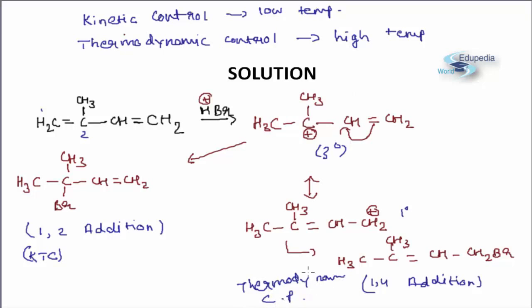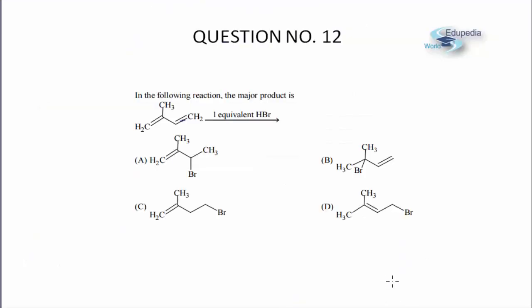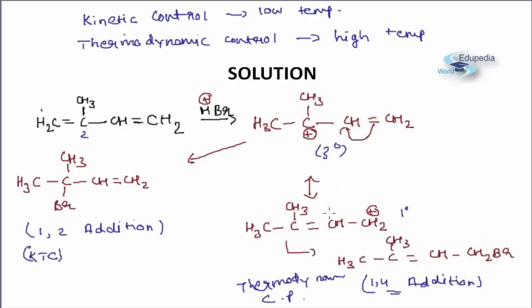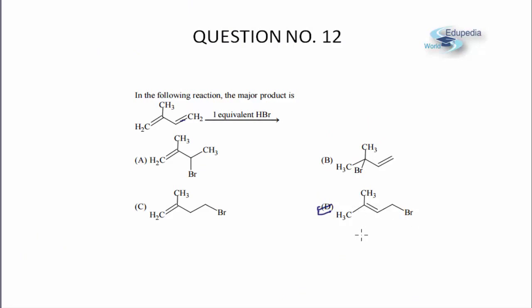Now whenever the temperature is not specified, we can take that temperature to be the room temperature. But in case of HBr, even at low temperatures, the product is thermodynamically controlled. So obviously the answer for this question would be 1,4 addition. That is, if I go back to the options, my correct answer would be D. That is the 1,4 addition product. Just to take you back, CH3 double bond, CH2Br, and similar product over here. So that would be the major product for the reaction. That is, my answer to the question would be D.